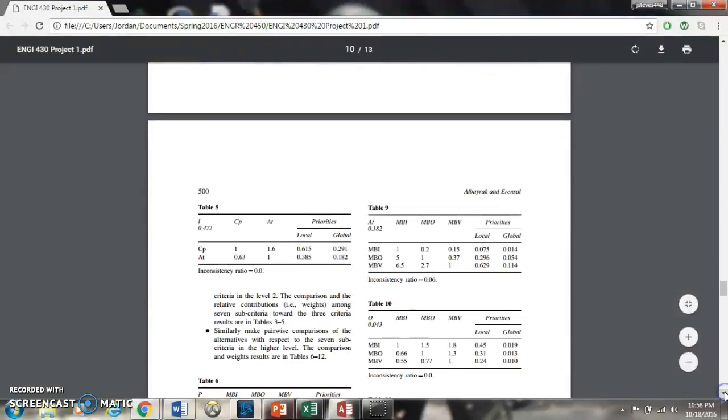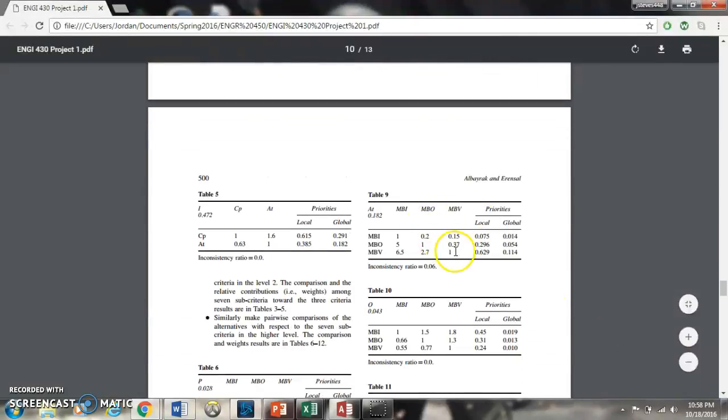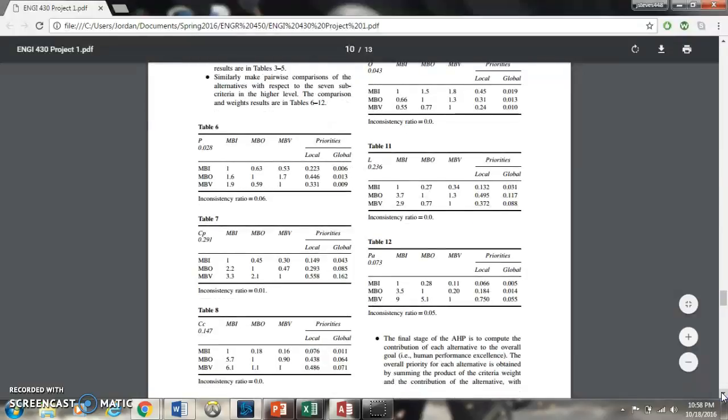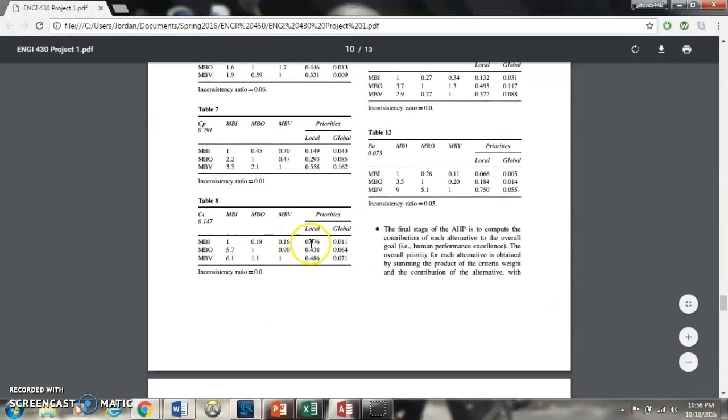They show every table and all the values that were given in the tables, along with the local weights of each of the alternatives. These local weights are important. They calculate all 7 of them by first summing the row and dividing it by the actual value in that column, and then adding it to the next row and the next row to get these percentages. These percentages add up to 1, which basically means this managerial focus is